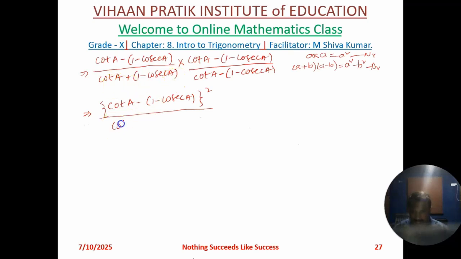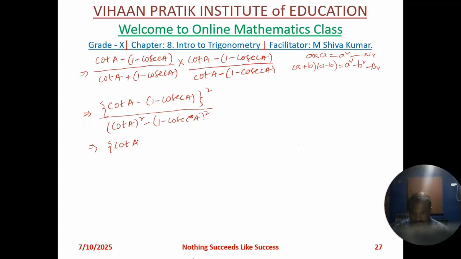A square here, A is cot A square, B is 1 minus cosecant square A, 1 minus cosecant A whole square. Okay, now what we have to do? We have to expand it. Okay, so expanding we will get